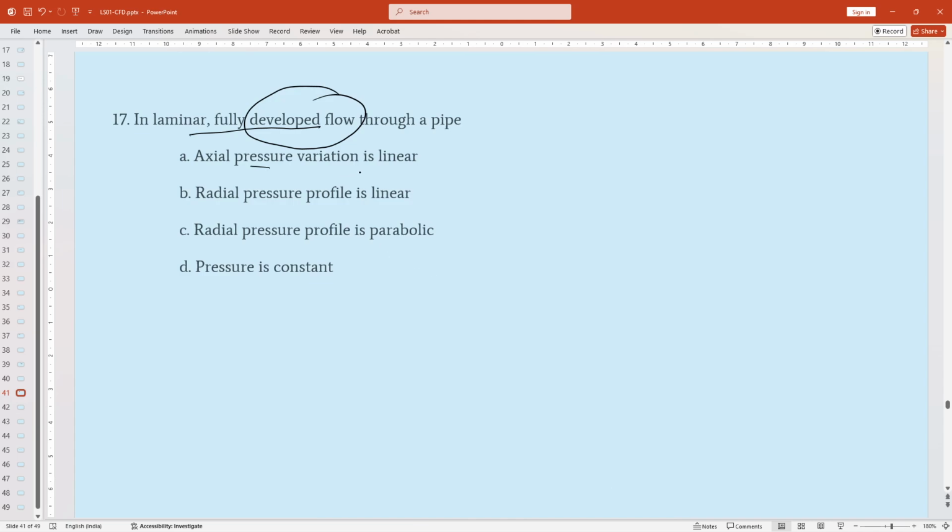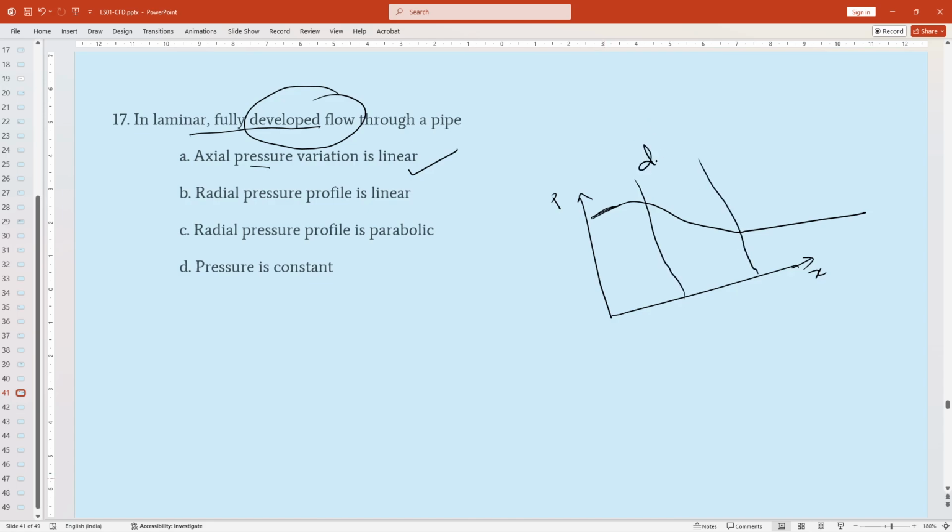Our answer is axial pressure variation is linear, option A. If you remember the graph of pressure P versus the x direction, that is the axial direction, this will be the developing region, this is the developed region, and this is the entry region. So if you remember the graph, then